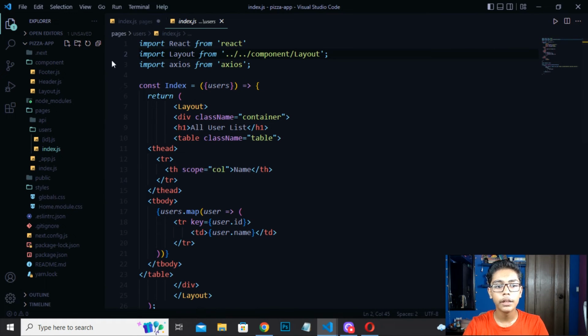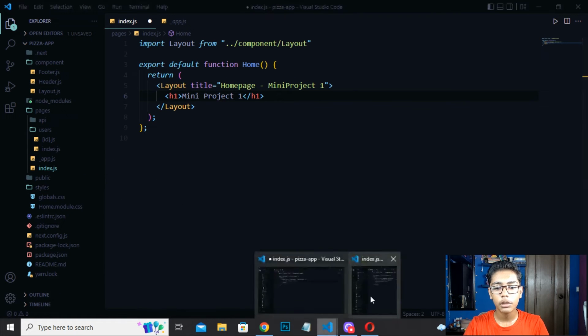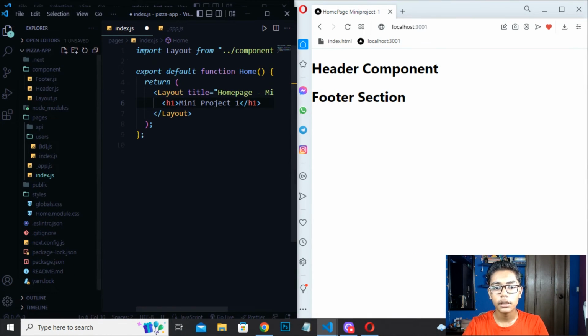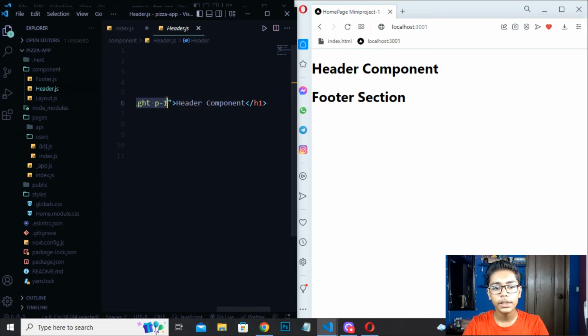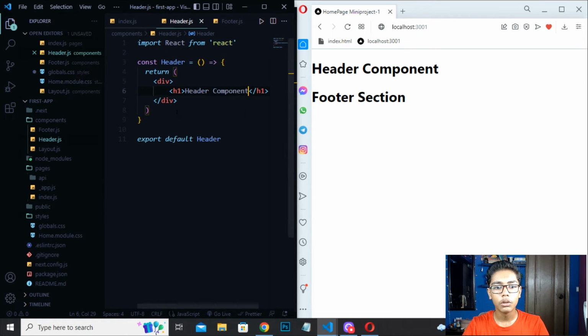So I will be moving to my index.js file, and when you are in this file, you have to move to this file, and now you can see. So when you move to this file of your index.js, move to header, and you can see we are getting this tag. Here you have to just copy what is written here and move to the previous index.js file, go to header, and paste that. You can see we have pasted this, and now I will be doing one thing here.